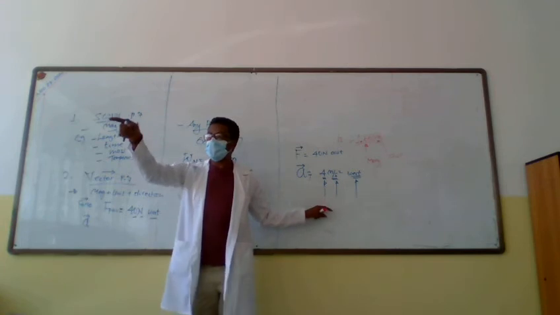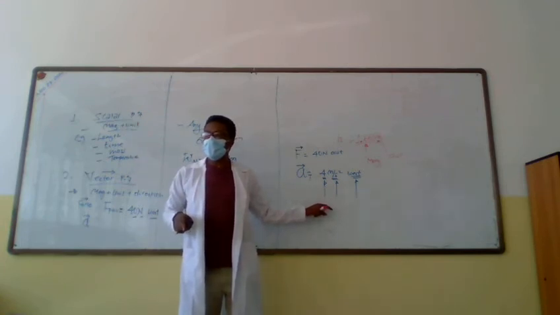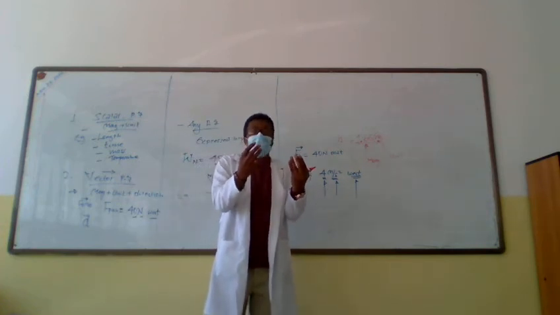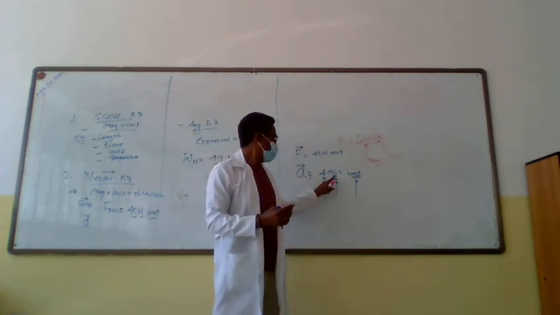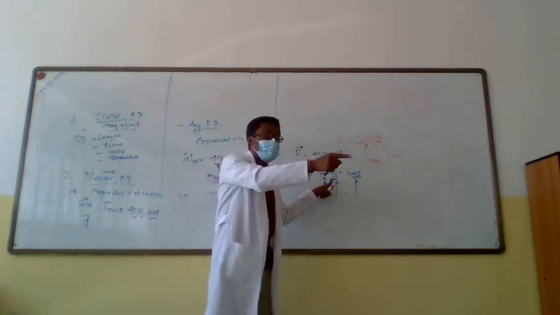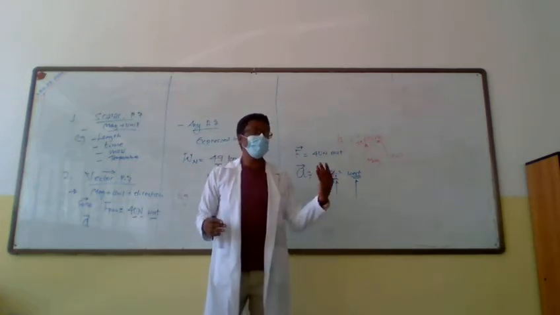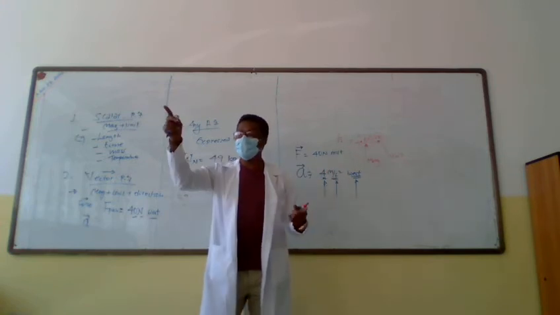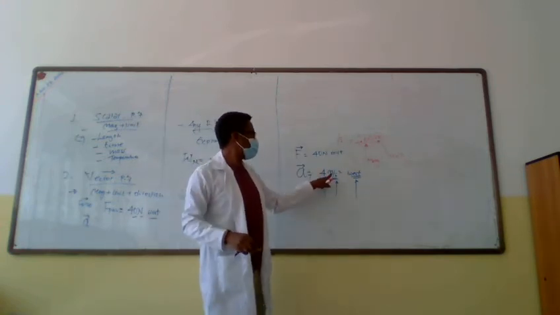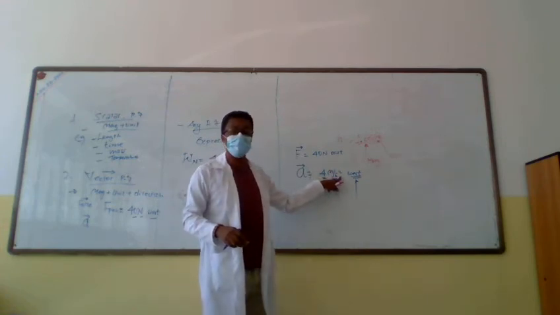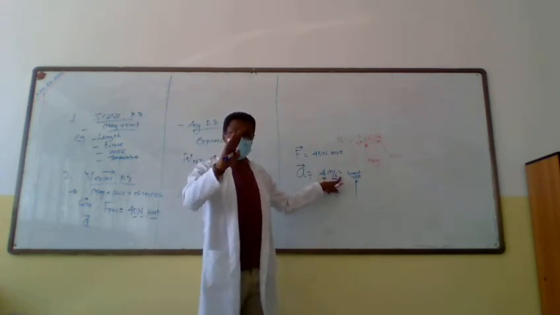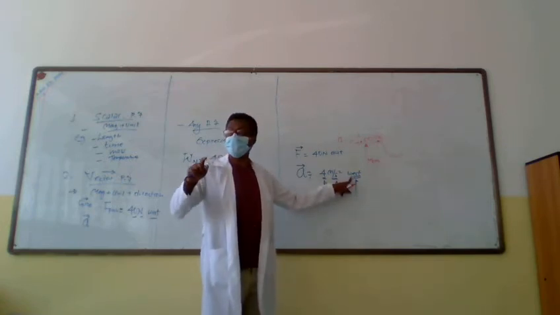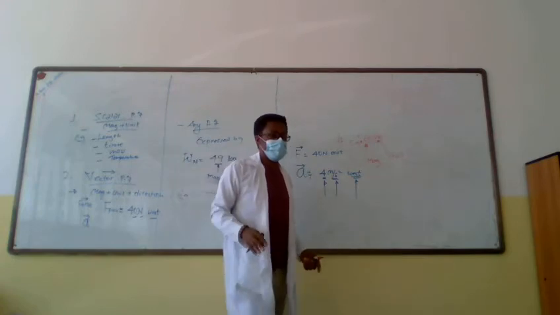What is 4? 4 is the magnitude because it tells me the amount, it's the numerical value, and meter per second squared is the unit. What kind of unit is that? Derived or fundamental unit? Derived, because it is derived from the length and from the time, right? It's very clear. Is that clear? Yeah, okay. So west is the direction.